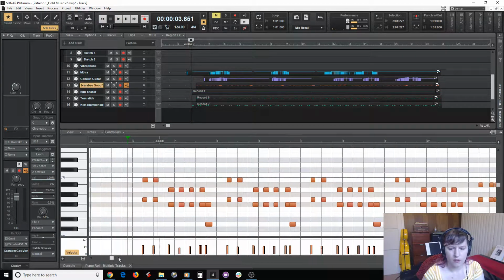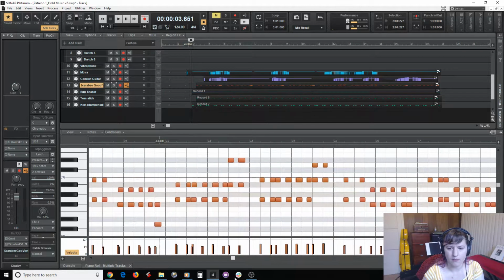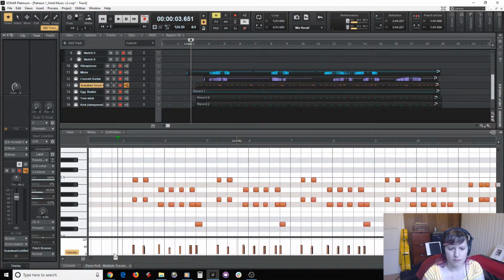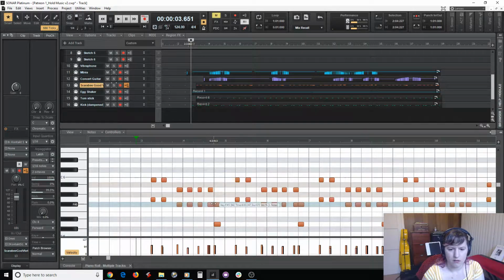So I think what I like the best out of what's happening is right here where there's a tiny space, not a lot, but some, and